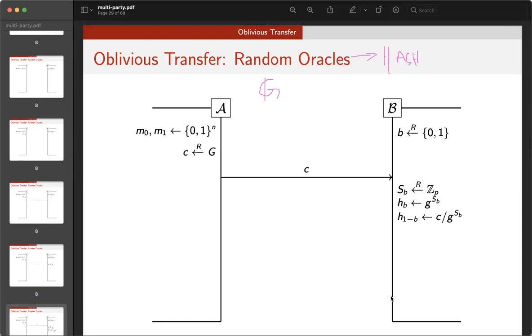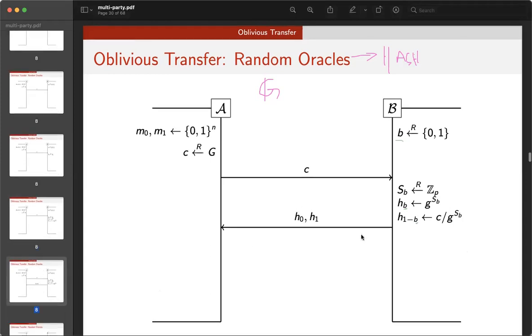And then Bob is going to compute two values. Here, Bob chooses 0 or 1, so this bit corresponds to this B. If Bob wants to learn message 0, this becomes H of 0. If Bob wants to learn message 1, it becomes H of 1. And so he either gets G to the SB, or he sets C divided by G to the SB. Then